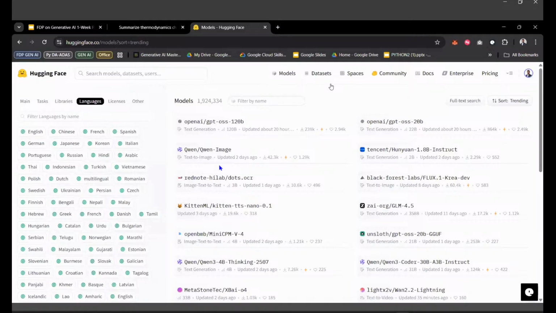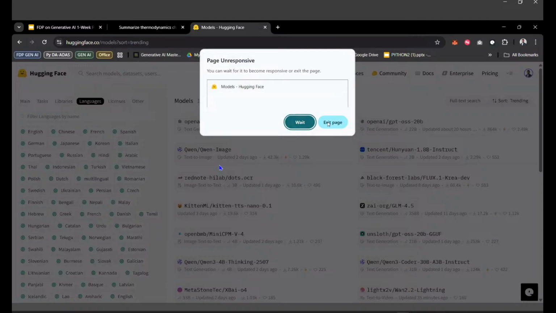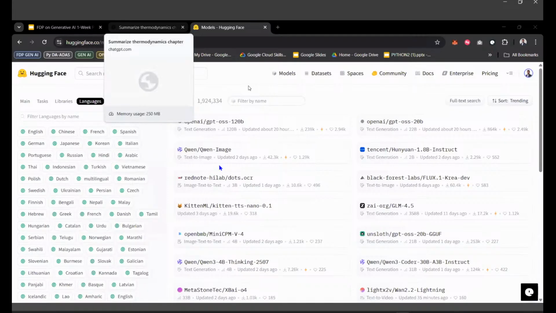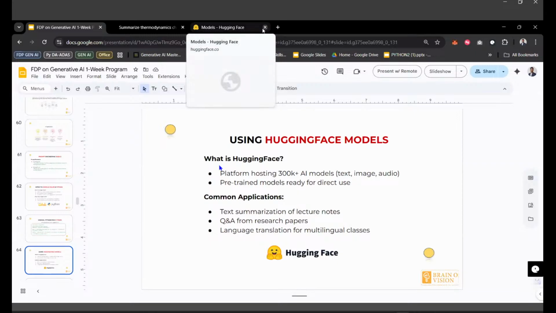Some are free, some are paid versions, and we can create our own access tokens, and with those access tokens we can get our own AI chatbot in our hands. That is how Hugging Face models are. Understood, everyone?